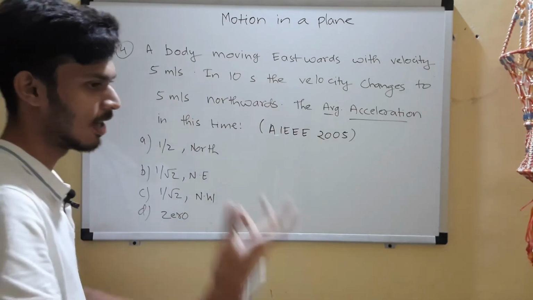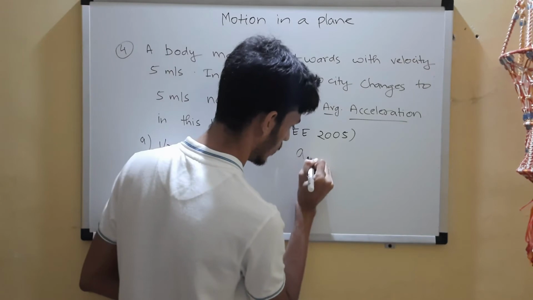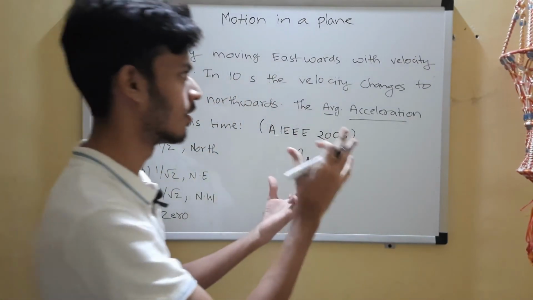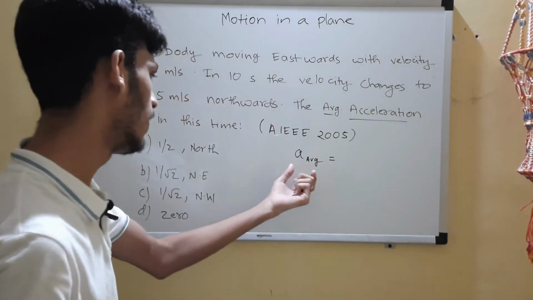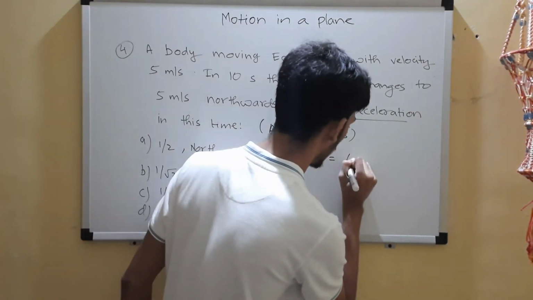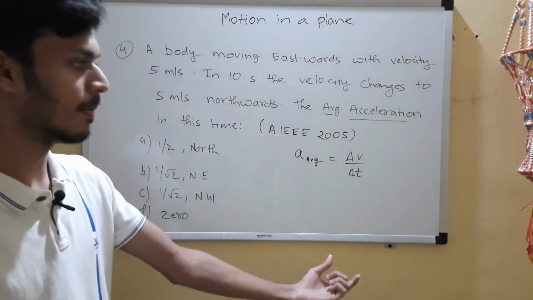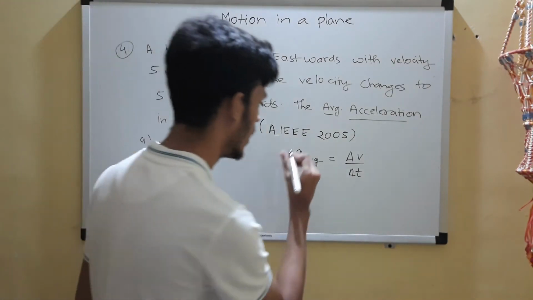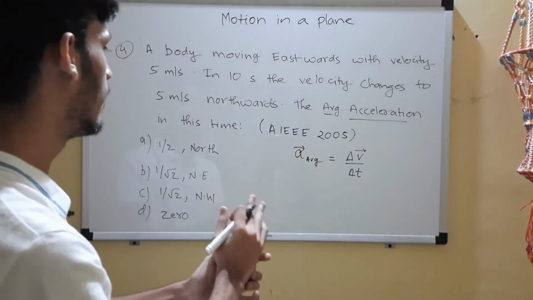Now what is the average acceleration? What was the formula for average acceleration in 1D? Though I didn't mention this in one of the bookish things, you'll know it. Average acceleration is delta v by delta t, right? Change in velocity by the time taken. Now we just have to place things vectorially. 1D holds, but place it vectorially, okay? So I have placed that vectorially.